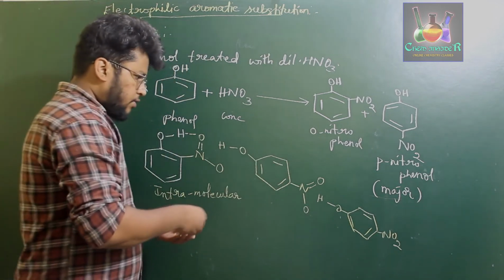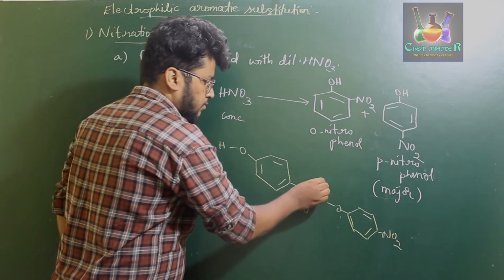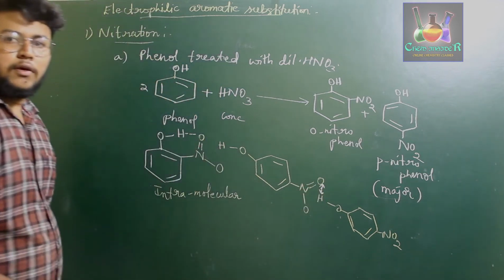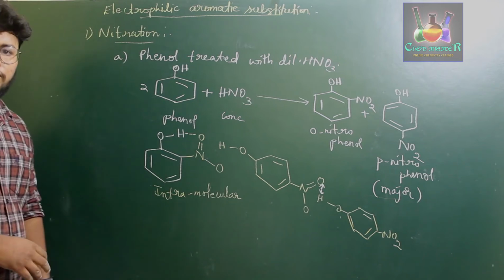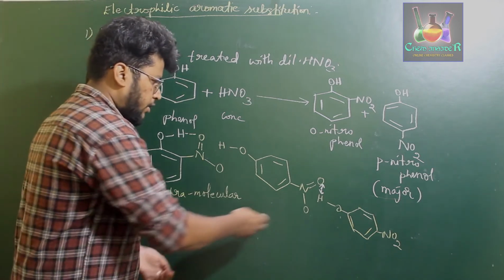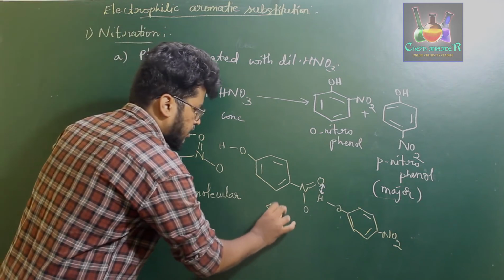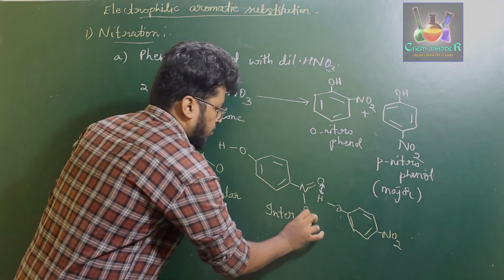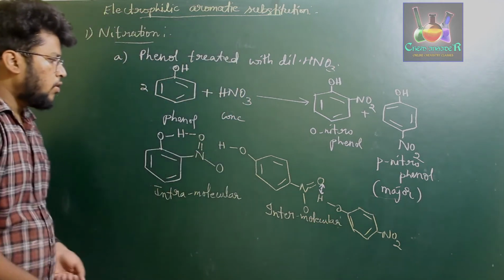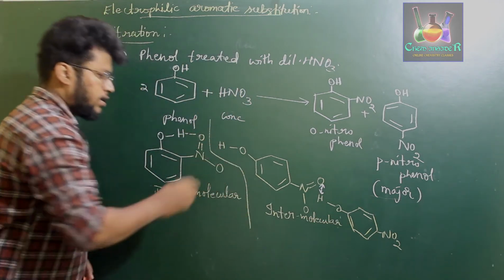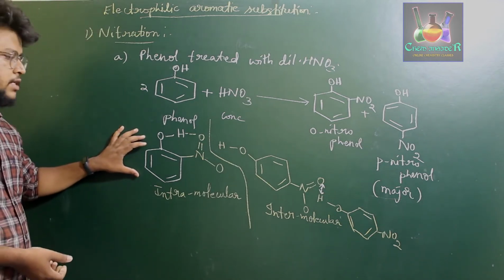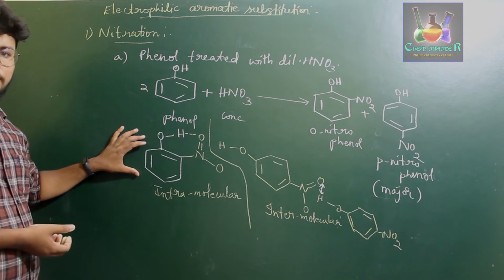The oxygen present on this nitro group will have a hydrogen bond with the other molecule of nitrophenol, which results in intermolecular hydrogen bonding. So what is the difference between these two is, since orthonitrophenol has intramolecular hydrogen bonding,